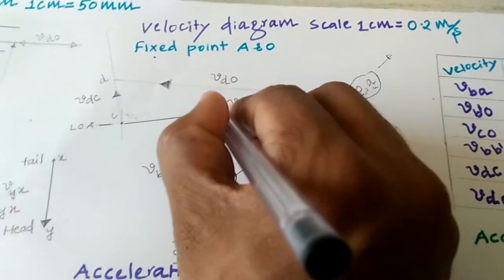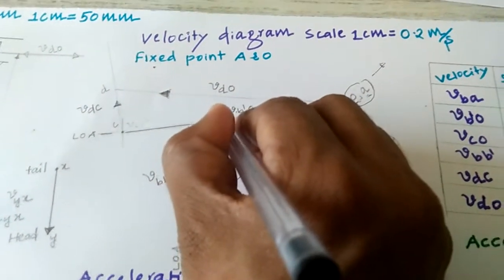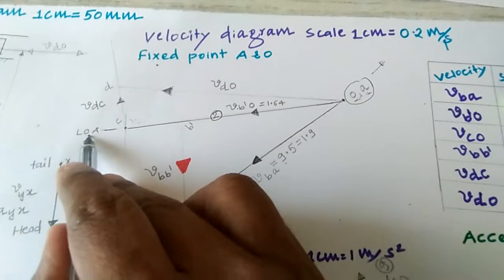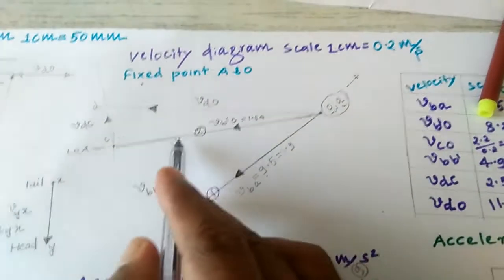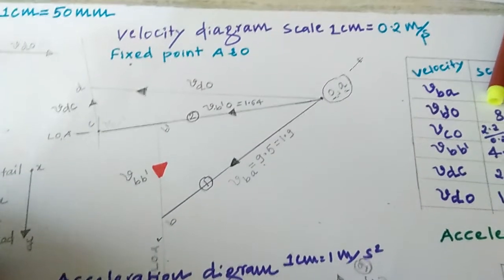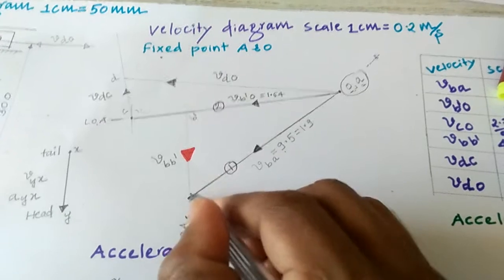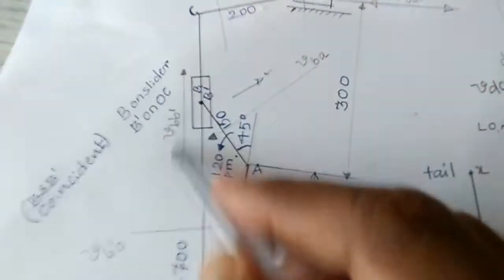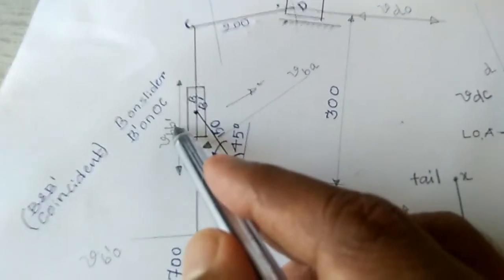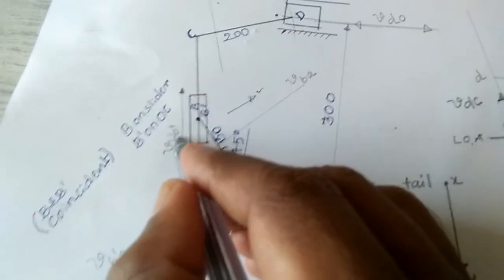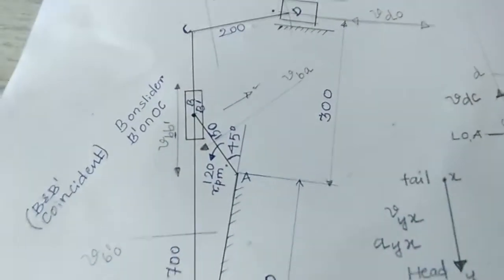You go to the second one, this one. I marked this as the second. That comes as a line of action. You look at the figure. Then the velocity of B with respect to this new point P. This B is also there. Then you have to draw along the sliding direction. That is B dash. With respect to which point exactly? With respect to point B, because B is already known.